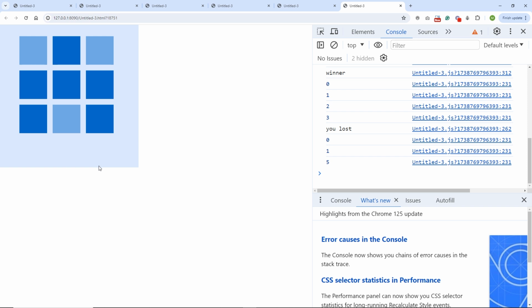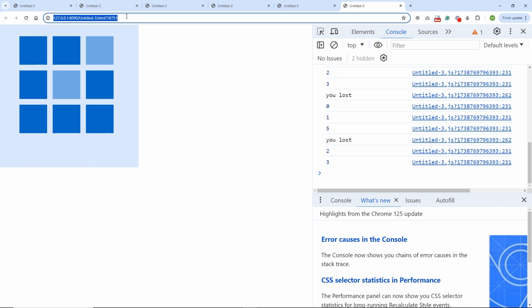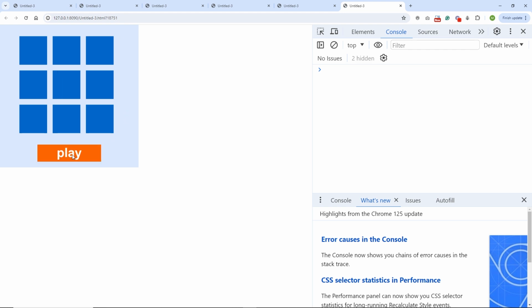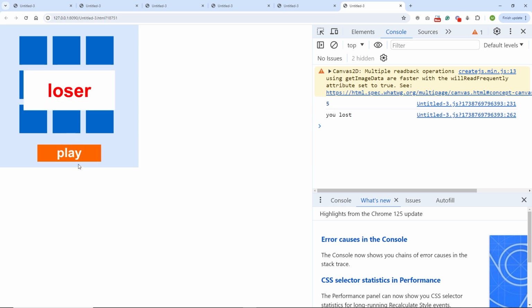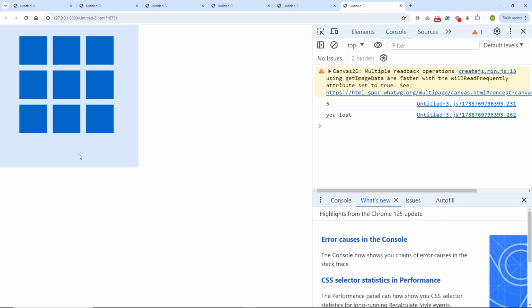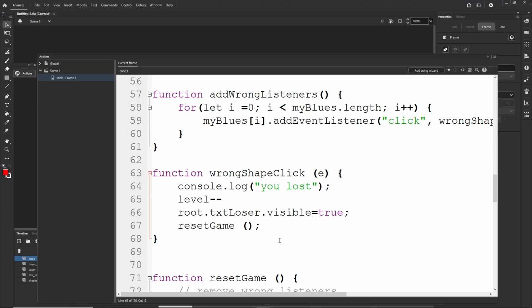But there is a little issue with our code. Let me show you. I am going to refresh this, and at the beginning we are going to have 1 shape, but what is going to happen if I am going to lose right now? I will intentionally lose. Loser, I will go with play and nothing,